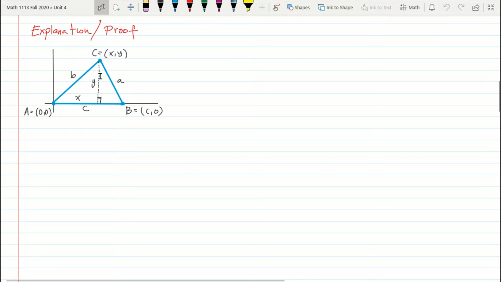This is b, and this is a. So that's the figure we have so far, right? Now, let's go ahead and do a couple of definitions before we get going. Let's, for example, define cosine of A. And even before I do that, let's not forget our SOH CAH TOA,